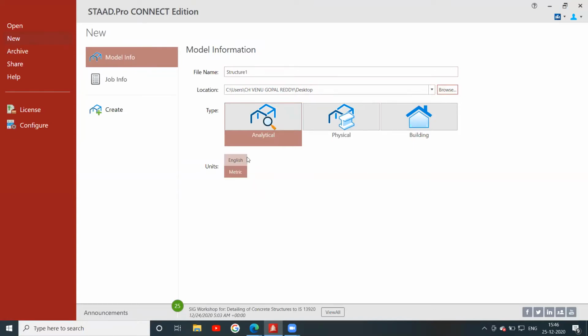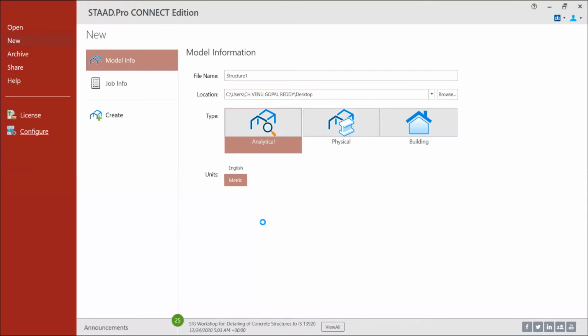If you use the English system, for changing the units we can press configure. By pressing configure, we can change the units.